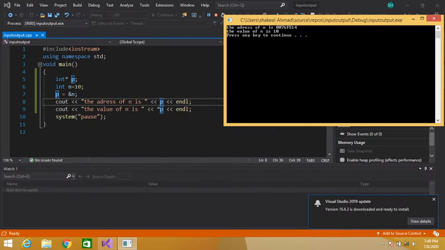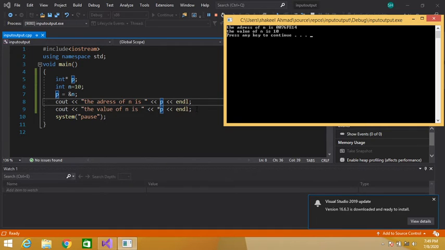One thing more, a pointer can only store the address of a variable of the same type. See, both our variable and pointer are of integer type. So the pointer can only store the address of the same type of variable. Meaning if a pointer is of type int, then the variable should also be of type int. Only then can the pointer hold the address of that variable.